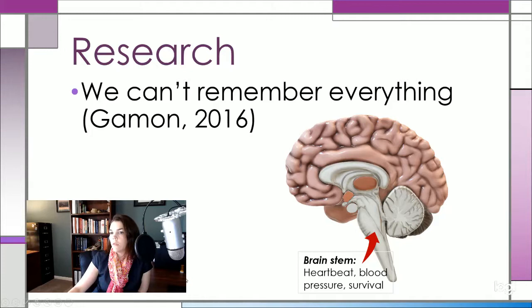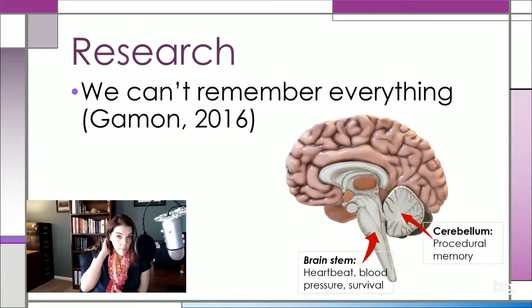Next part, that's down here at the bottom of the brain, is called the cerebellum. And the cerebellum has a lot of functions. It's involved in balance, but also procedural memory. So for example, how to drive a car, how to tie your shoes, how to put on your clothes, all those things that we do without thinking about. They're just part of procedures that we do. That's procedural memory. So once we've learned how to do those things, they become kind of instinct to us. So the cerebellum is responsible for that.